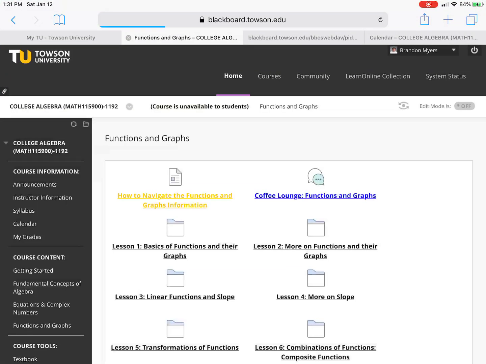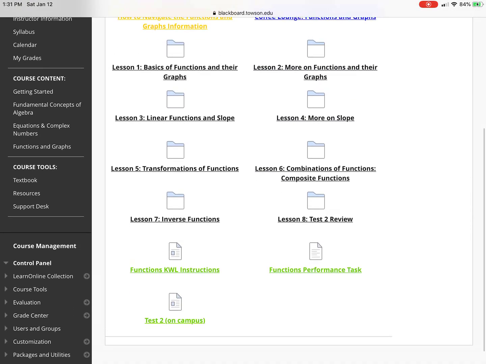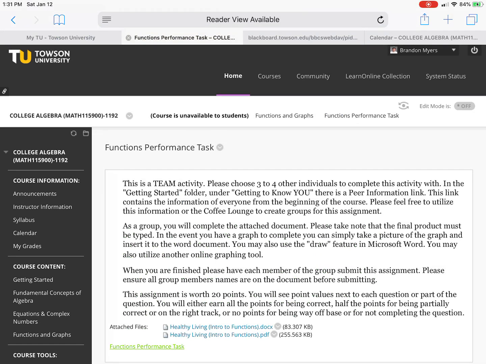So back to the function graphs module. That's the KWL. We're going to move on to the functions performance task. This assignment is a group activity. This is a team activity. So this will be the first time I'm asking you to maybe go back to that peer information from the Getting Started module and find 3 or